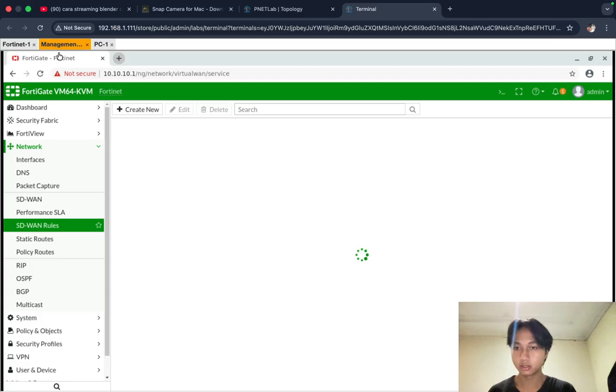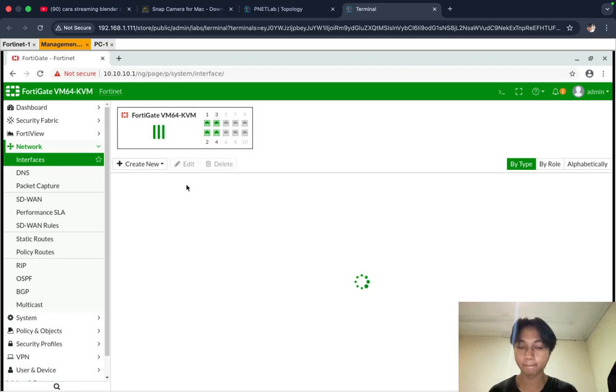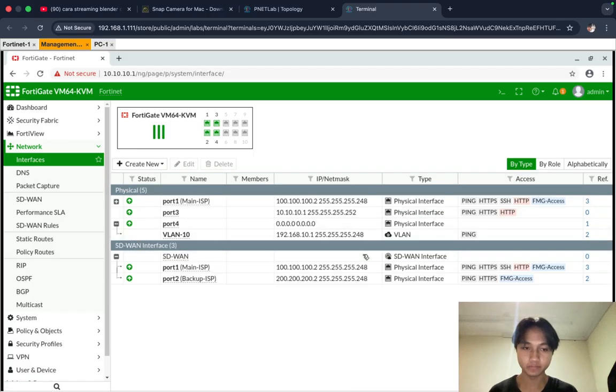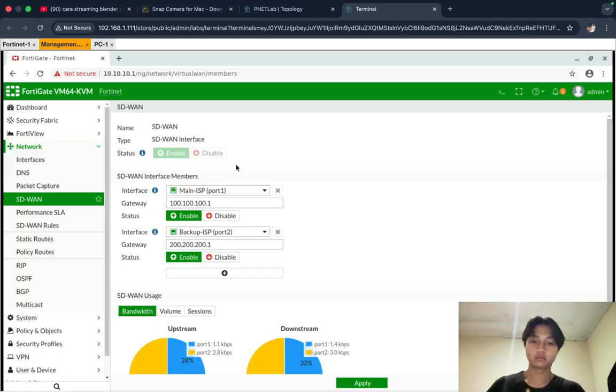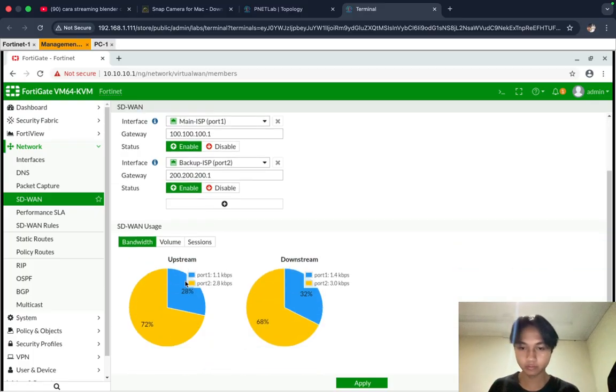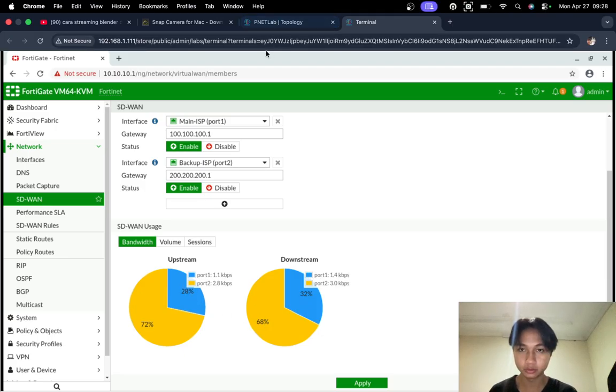You just wait until this gateway is changed by SD-WAN. This port, this port 2.